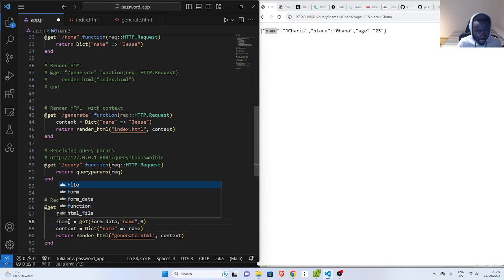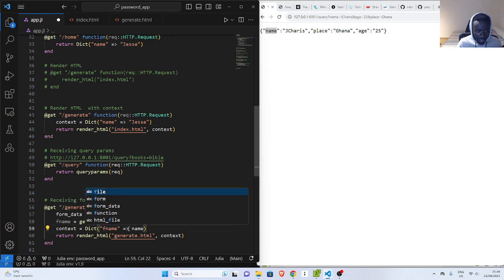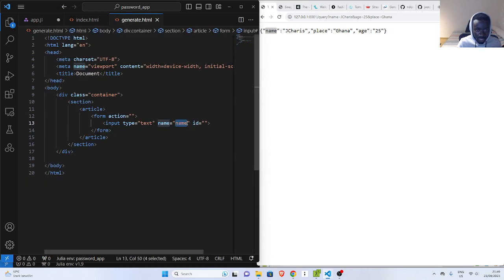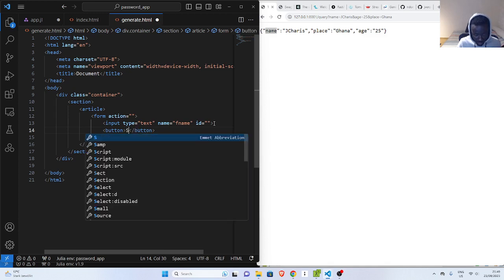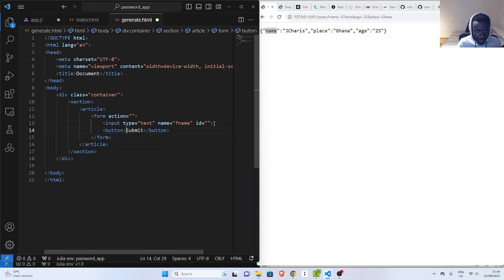To avoid confusion, I can just do it f name. I want to get f name, and then I want to send f name here. So this f name must be equivalent to this name here, so you don't confuse yourself. So you can just leave it like that. And then we need to specify a button. Let's go to submit, type